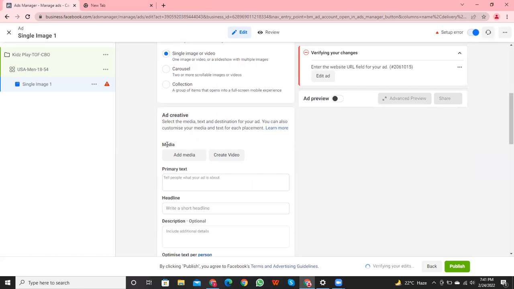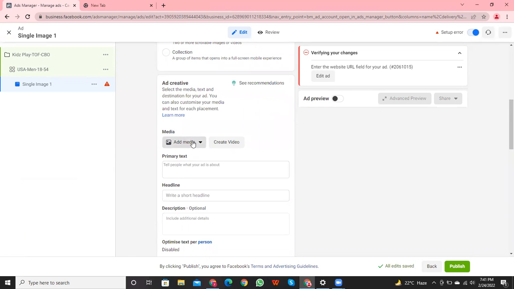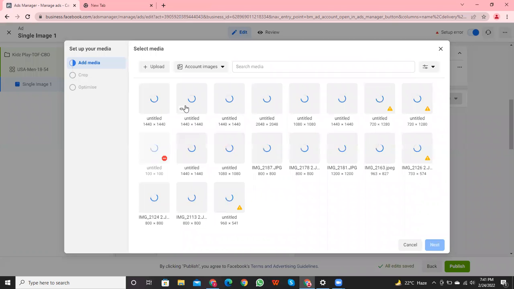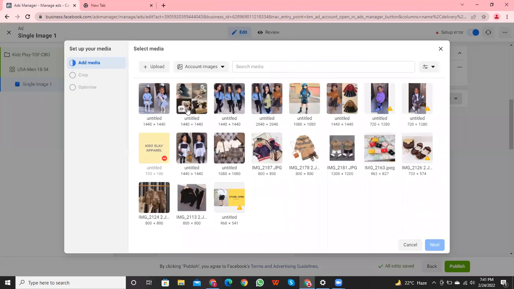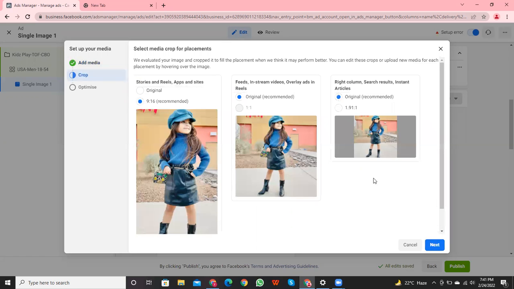Here in Add Creative, you have to select the media: video, image, or multiple images. Right now, I'm using the image. I will suggest you to use a 1080 by 1080 pixel image. It is the optimized image format for Facebook ads. And for stories, there is a ratio of 9:16. Here you can see the recommendation: 9:16 for story ads,